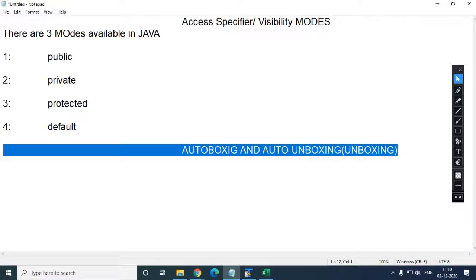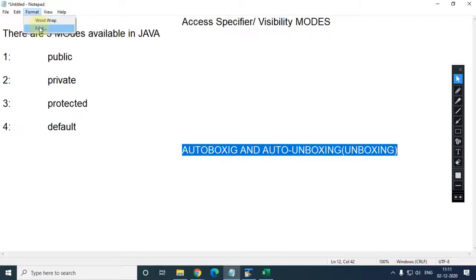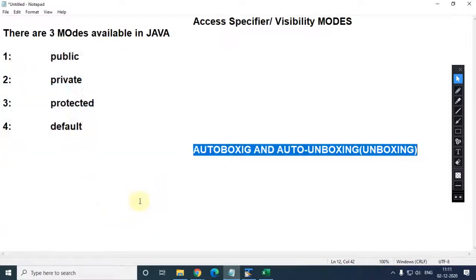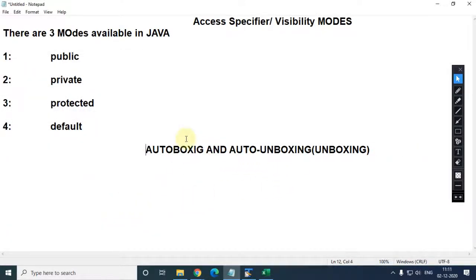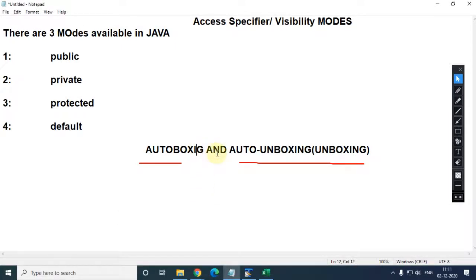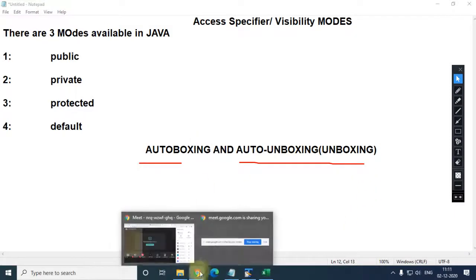This is very, very important. So now please pay attention here. Does anybody have any idea about this auto boxing and auto unboxing? Any idea about this?